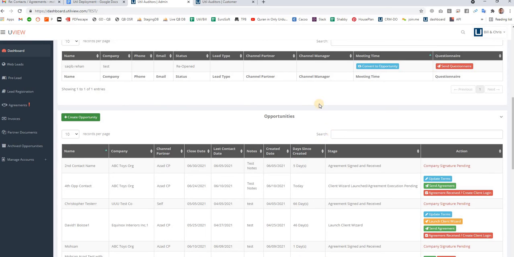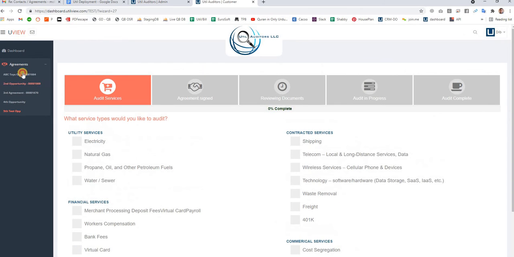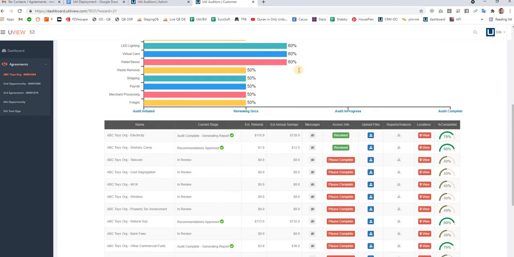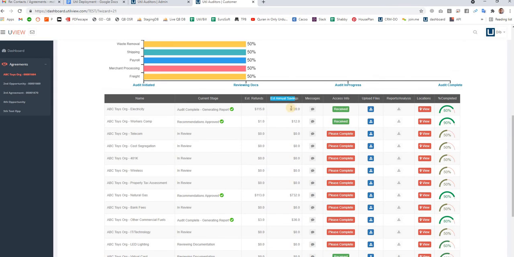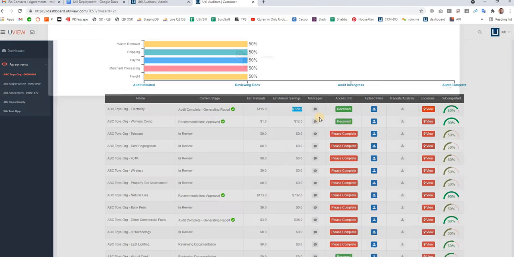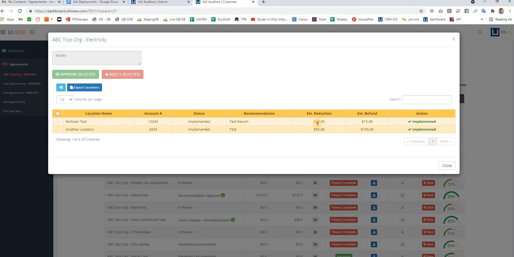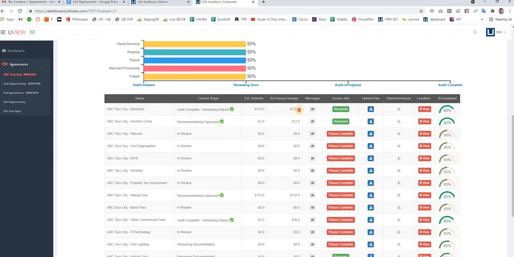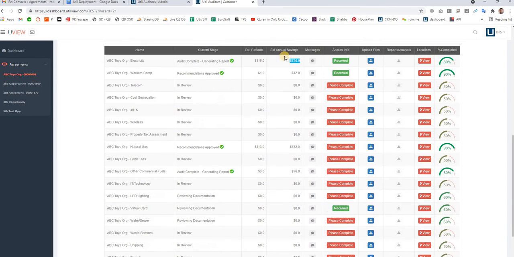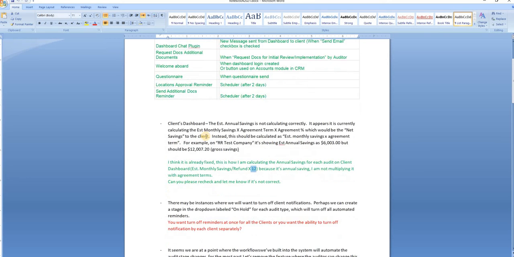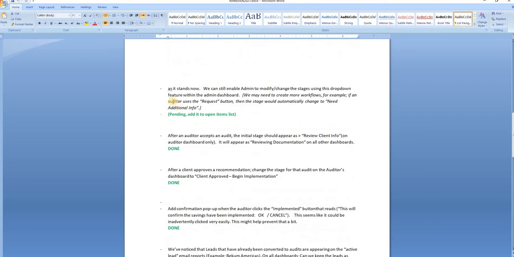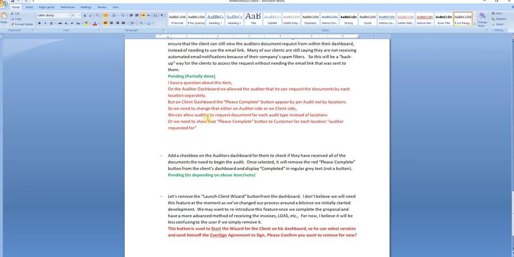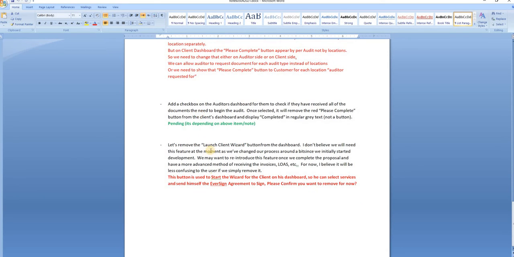For example, in this agreement, which says annual savings 720, if we open its location, the reduction for one location is 10 and 50, the total is 60. 60 multiplied by 12 is 720, so it is showing 720 here. Let me know if you still need to fix something here, and please review my feedback and let me know your answer. Thank you.